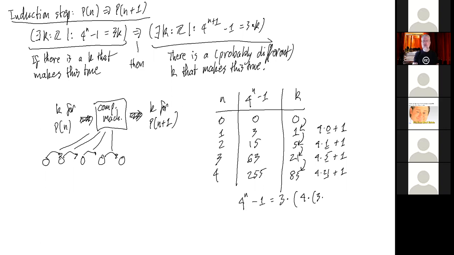It'd be divided by 3. Sorry. Oh, I should have had a plus 1 here. It's 4 times (4 to the n minus 1 divided by 3) plus 1. So we're saying that at each step, we've got our old value, we divide it by 3, multiply by 4, add 1, and then we multiply that by 3,